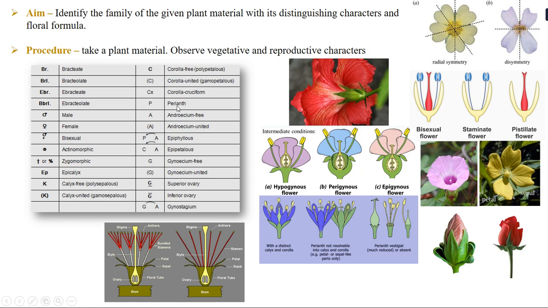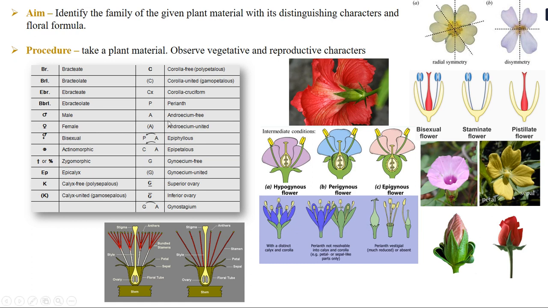And perianth is being denoted with an alphabet P. Okay, I hope you understood this. Perianth is being denoted by an alphabet P. Now one more thing I want to tell you all is, calyx are said to be sepals. Okay, corollas are said to be petals and the perianth are said to be tepals. Okay, when the calyx and the corollas are not distinguished, they are called the tepals.